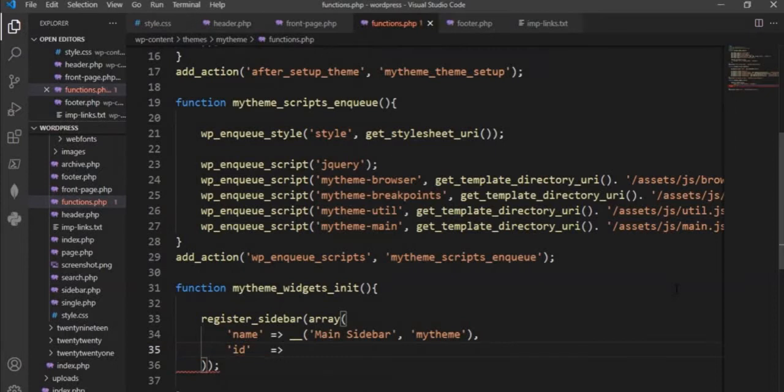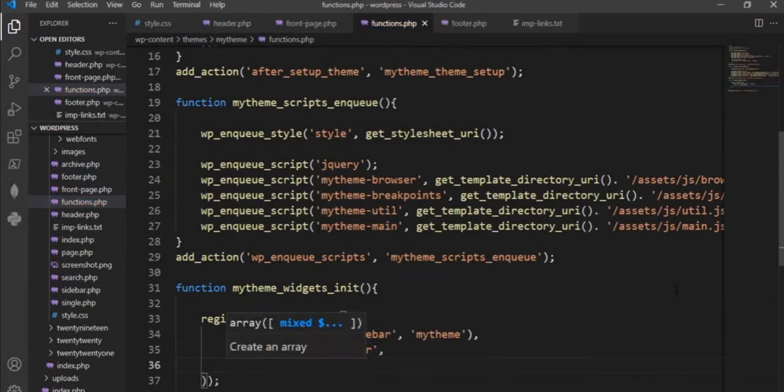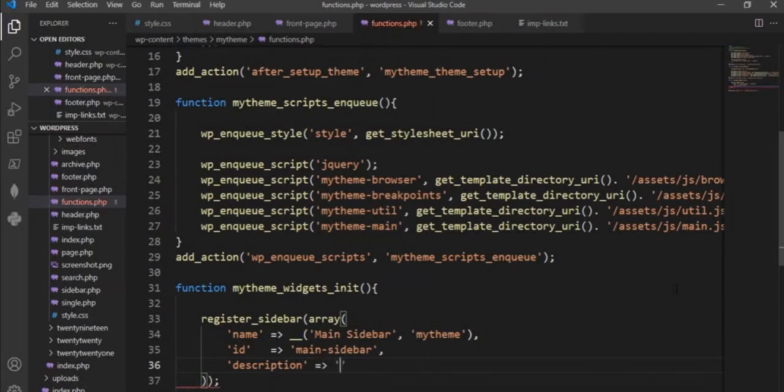So I'm going to say it's main-sidebar. Third attribute would be description, and this will describe what this sidebar does. So we can say this is the primary sidebar on the right side. Primary right sidebar, let's put it that way,